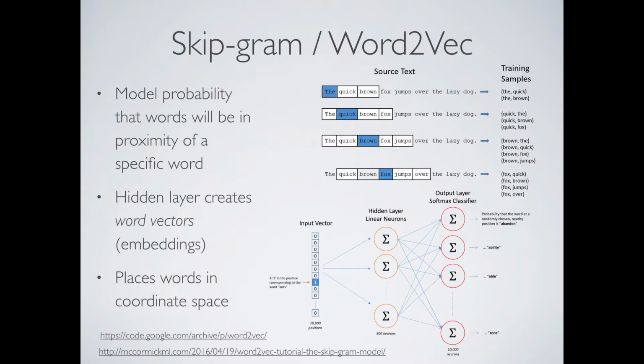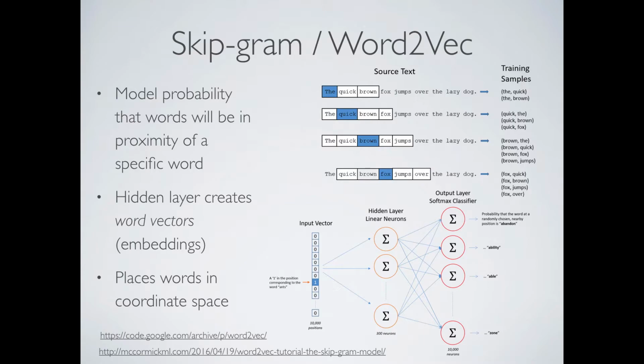The basic concept of Word2Vec is based on the Skip-Gram algorithm. What it does is model the probability that the particular word you have will be in proximity with all of the other words in your vocabulary. You take all your text documents and create one feature per word, which becomes your vocabulary. With an autoencoder, you would have your input word, and the output layer would be that same word, and you're trying to reconstruct that word.